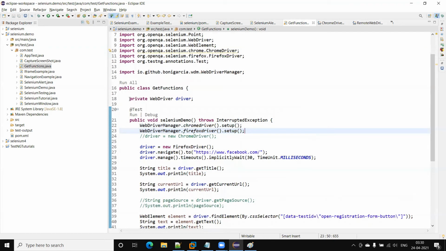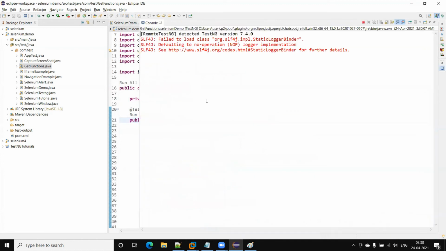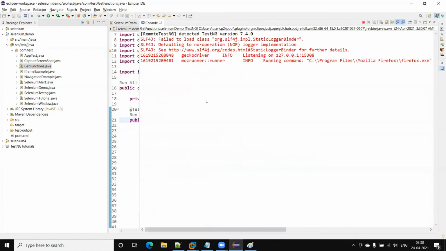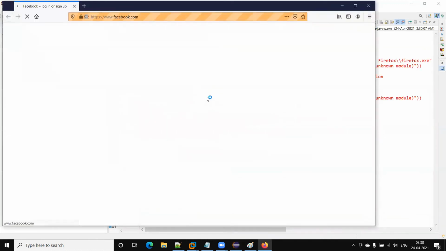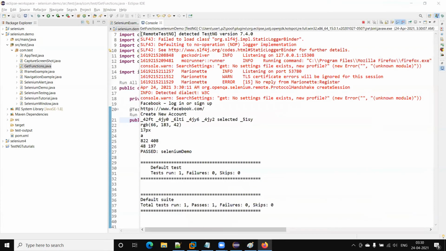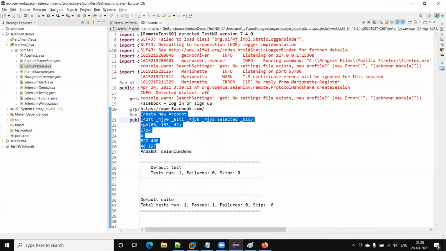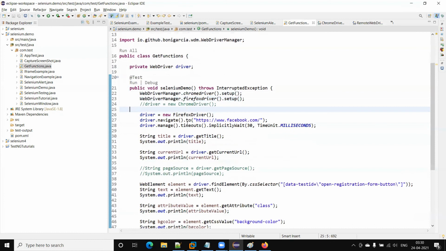Now if I run this code, it will execute on the Firefox browser. Yes, you can see this is running on Firefox browser, and it printed the corresponding values.